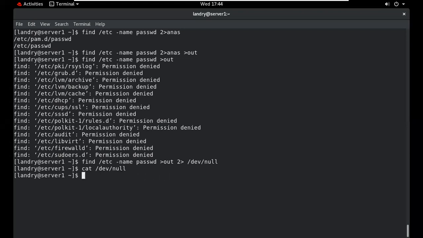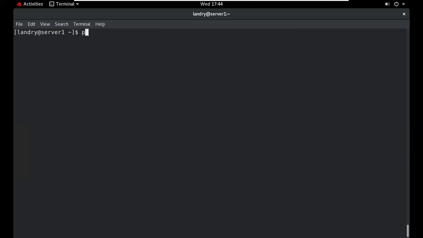Suppose, have you heard about the ping command? What is the use of this command? Do you have knowledge about this command? The ping command will show you the message about the connectivity.